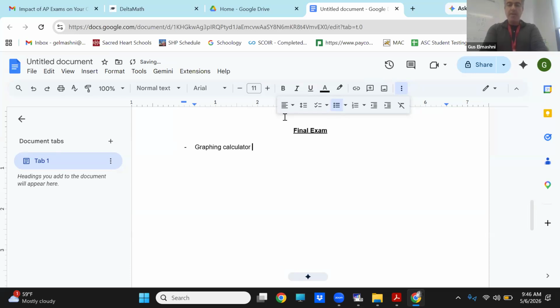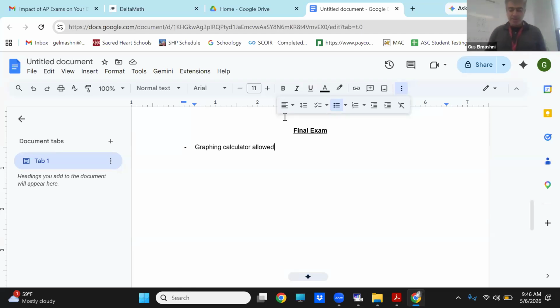So graphing calculator allowed. I cannot use Desmos, unfortunately. That's just going to be a little too complicated. It does become kind of an academic honesty situation. I trust you guys, obviously, but I have to be in and out of these rooms because I have a lot of other kids taking tests in different rooms. You might have an English teacher or a ceramics teacher who doesn't really understand how Schoology works with lockdown browser. We just don't want a situation where there could be some questionable things, so I think it's best to keep it clean.